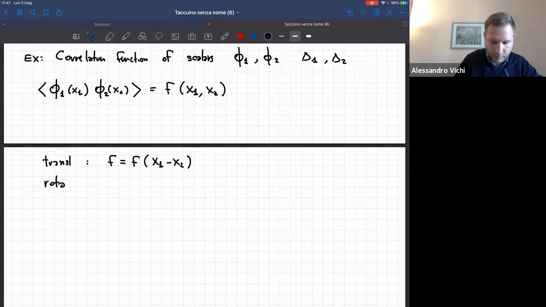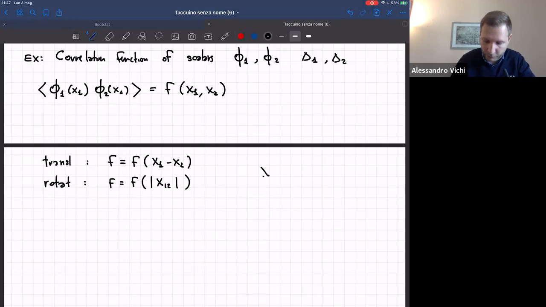Invariance under rotation implies that this function is only a function of the norm, the modulus of this vector, which I will call x12. And from now on, xij will be the difference xi minus xj. If I put the index mu, I really mean the vector. If I don't put the index, this means the modulus, the norm,